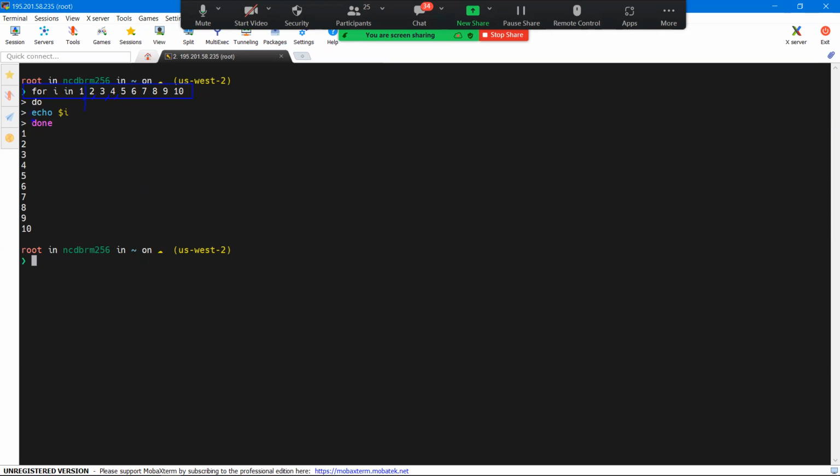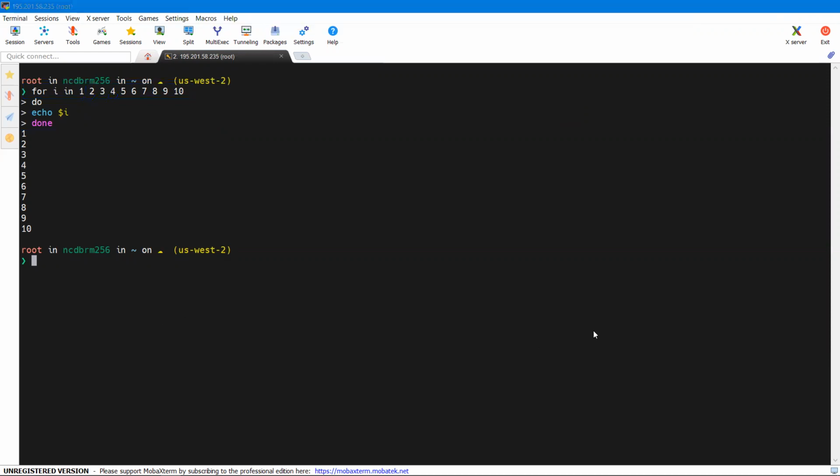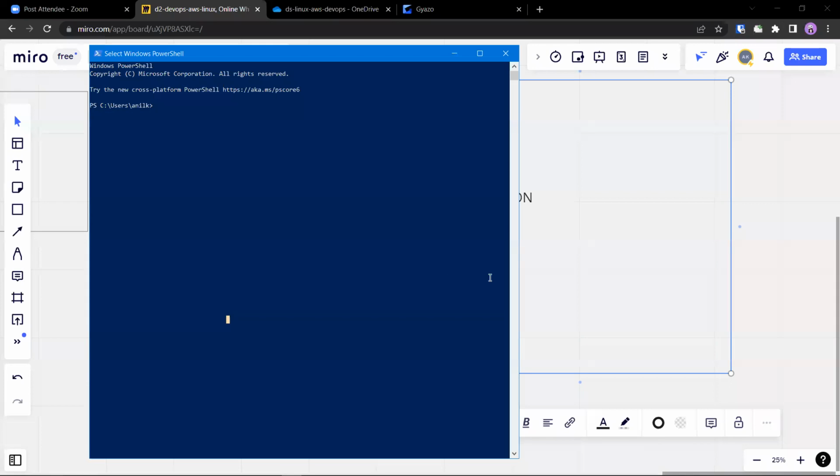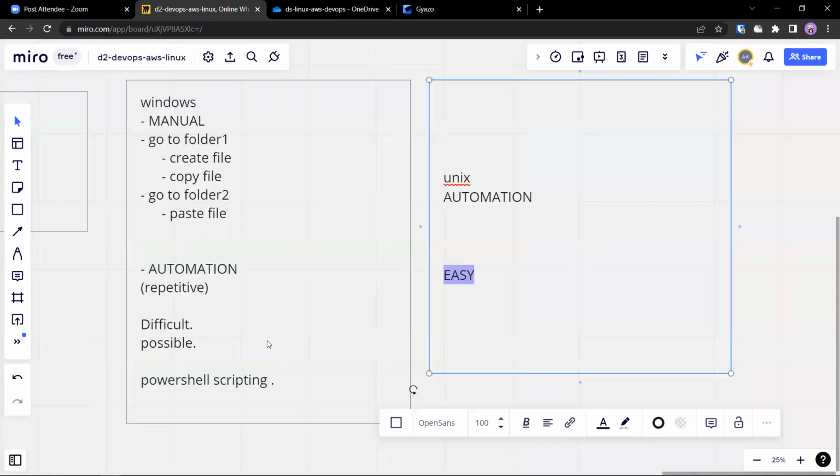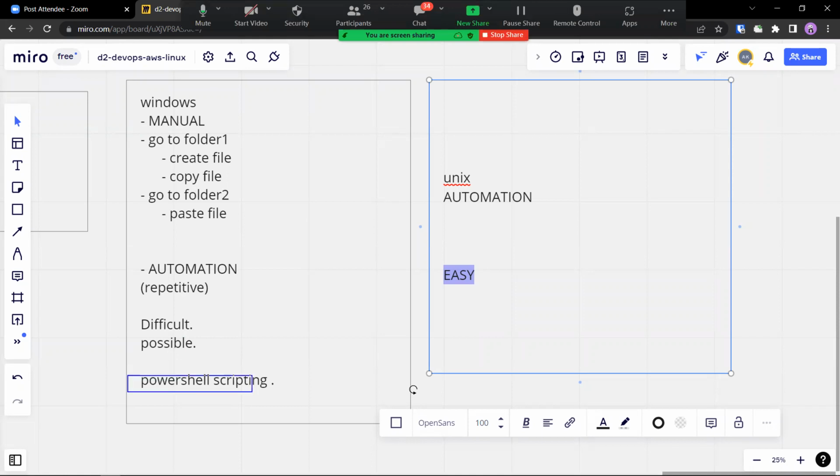So here, learning Bash scripting is really easy if you are familiar with at least one programming language. And because Bash is already there in Unix, you're not learning anything new. That's the reason we say it's easy. If I'm asking you to do something that you already know with slight modifications, you say, yeah, that's easy. But if I ask you to learn something completely new, like PowerShell, the syntax is completely different. You say, no, I don't want to learn something.